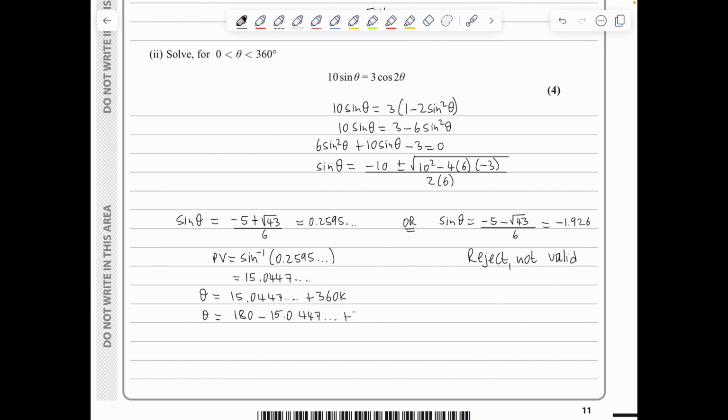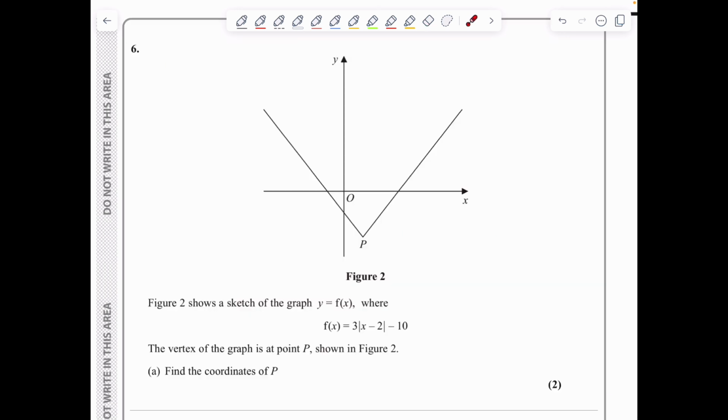So k is an integer, it could be positive, negative, or 0. I can easily see that since I'm between 0 and 360, the only solutions are for k being equal to 0, and therefore we get the first solution to be theta is 15.0, and the second solution to be 165.0. In question 6, we've got the graph of f of x, where f of x is 3 modulus of